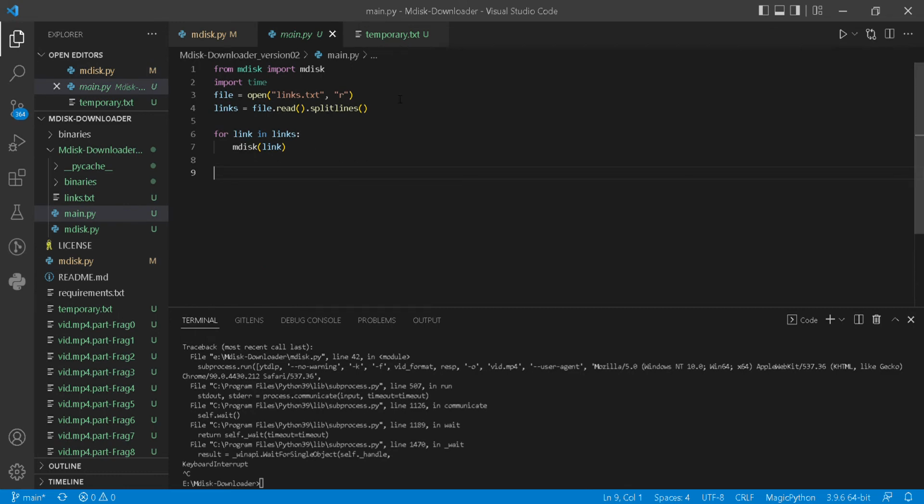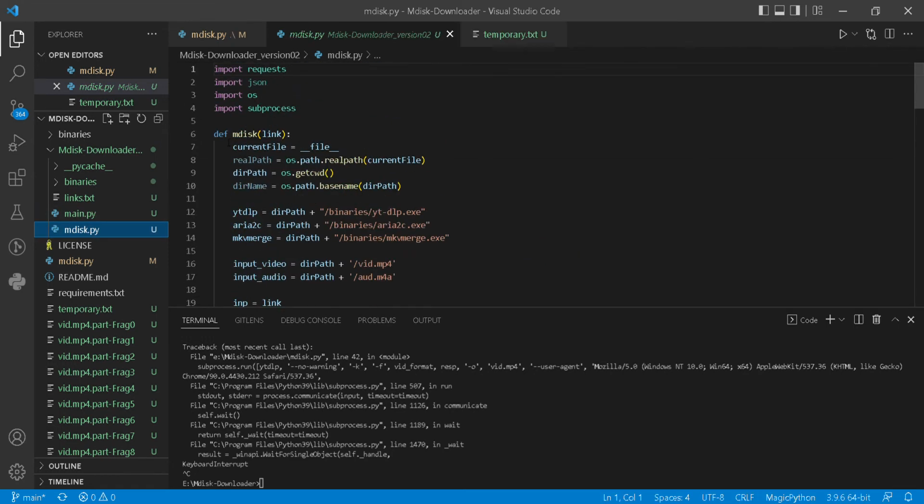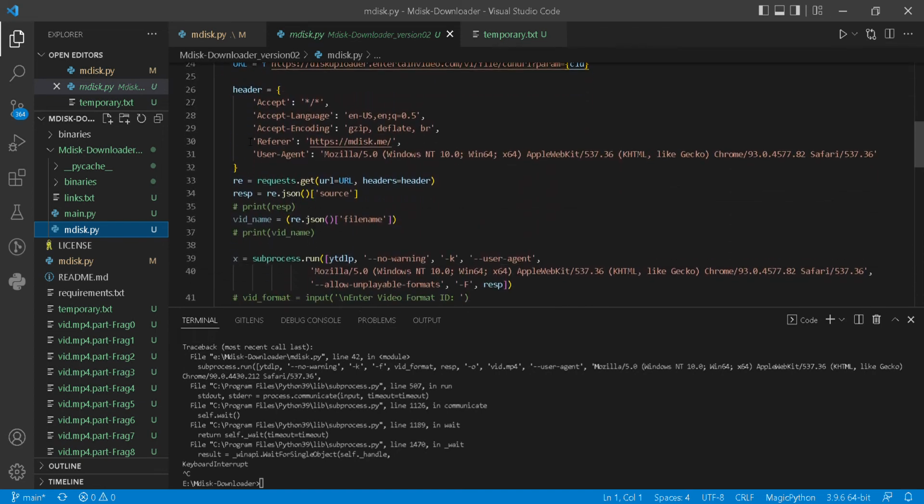So it reads the links.txt file and parses those lines and gives those links as the input to the mdisk file, mdisk.py. And so here we can see that this is the mdisk function, and